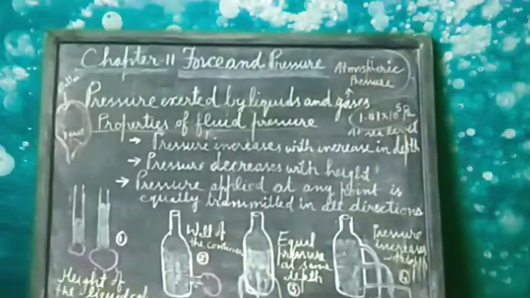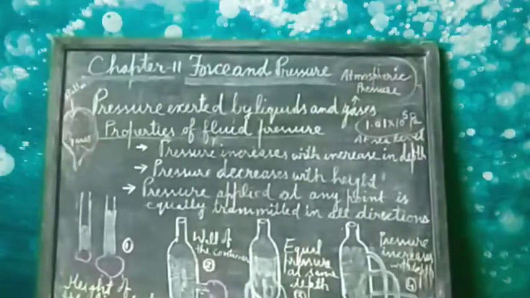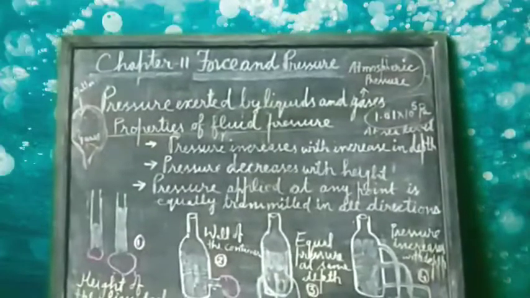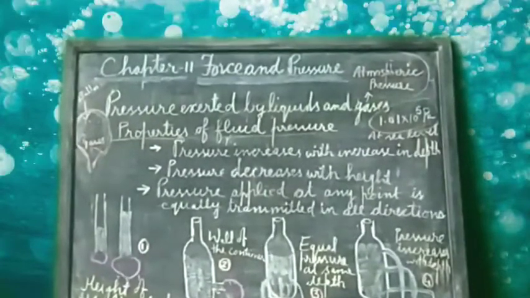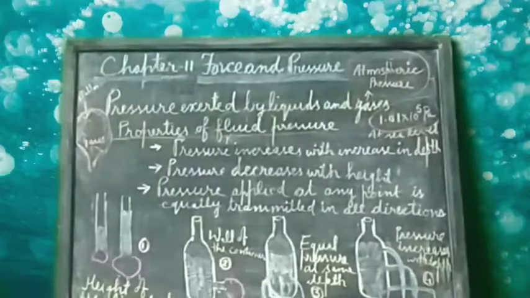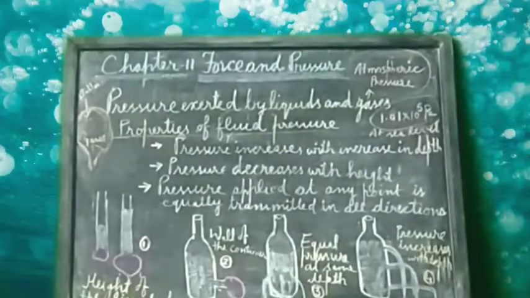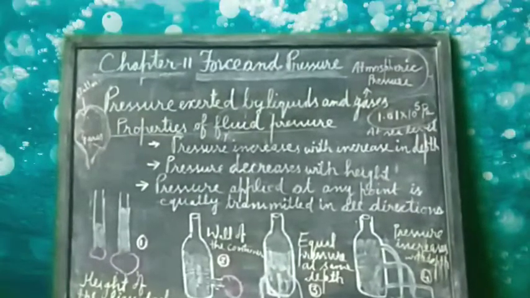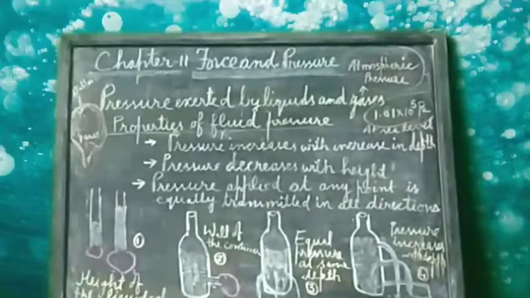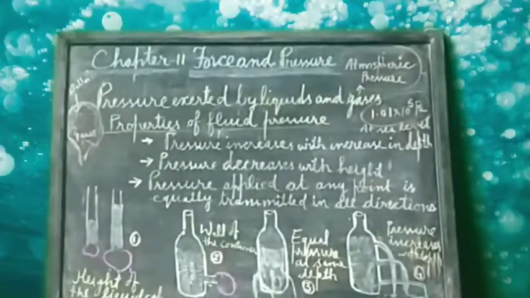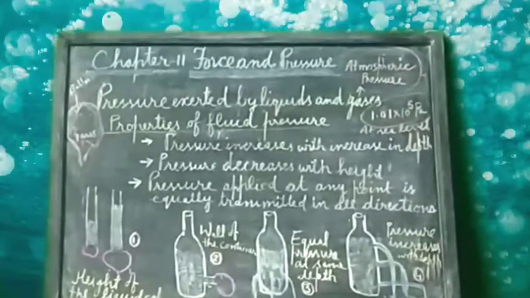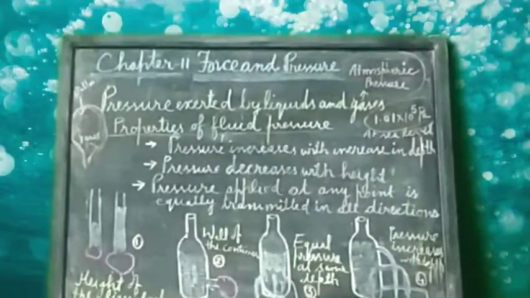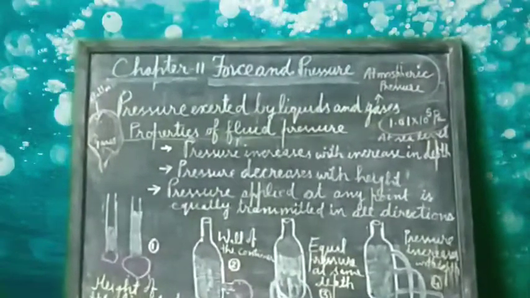Now when you press the sucker, most of the air between its cup and the surface escapes out. The sucker sticks to the surface because the pressure of atmosphere acts on it. To pull the sucker off the surface, the applied force should be large enough to overcome the atmospheric pressure. So I think this activity might give you an idea about the magnitude of atmospheric pressure. In fact, it would not be possible for any human being to pull the sucker off the surface if there were no air at all between the sucker and the surface.